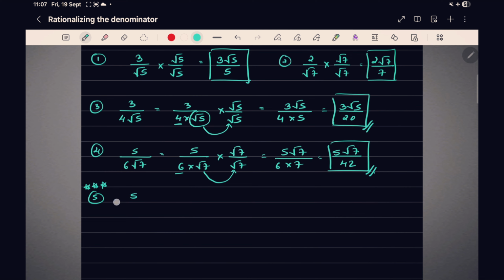Now this time I have 5 upon 6 plus root 7. You can see that this time root 7 and root 6 are not as individuals. They are dependent on each other. They are held together by a plus or a minus sign. So now neither root 7 can go alone, neither 6 can go alone. अगर इनको जाना है तो ये साथ में ही जाएंगे, कहीं पे भी जाना हो. Okay, now very very important thing, हमें